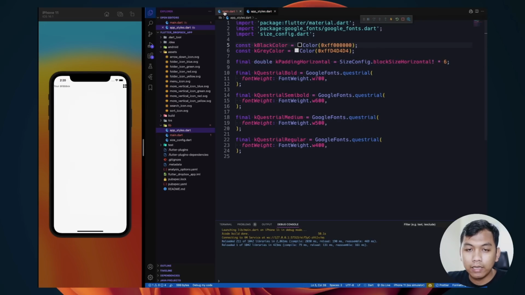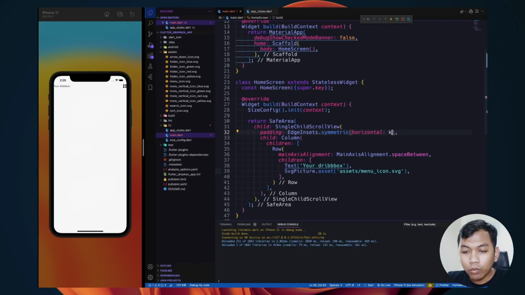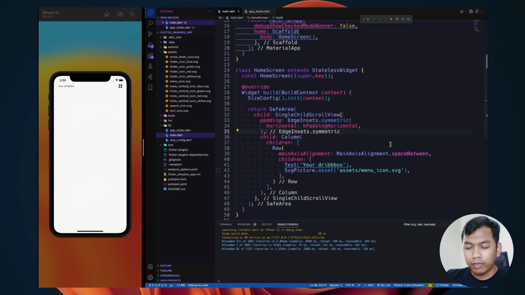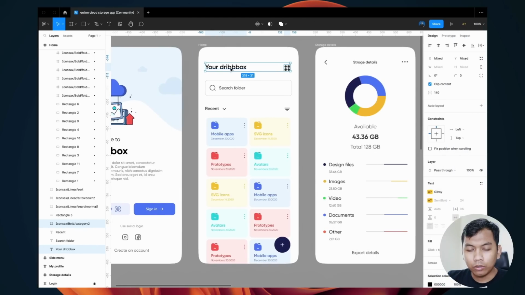Look like this, and we can call here k padding horizontal. Look like this, and the next we need to